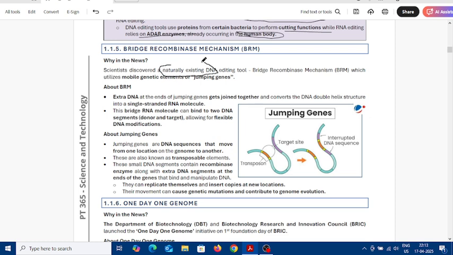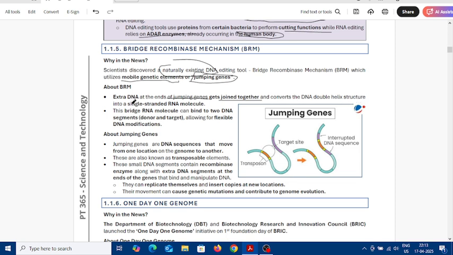It's not designed, it is naturally existing. Bridge recombinase mechanism utilizes mobile genetic elements or jumping genes. These genes jump from this DNA to that DNA. ये चीज़ हो जाता है इनका jumping, इसीलिए इनको बोला गया because they shift their places. BRM, the extra DNA at the ends of the jumping gene gets joined together and converts that DNA double helical structure